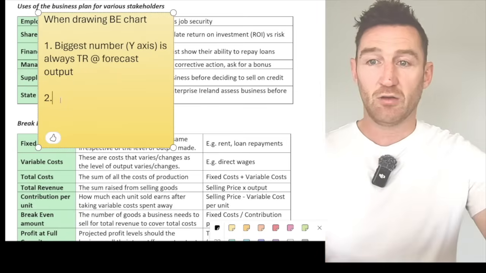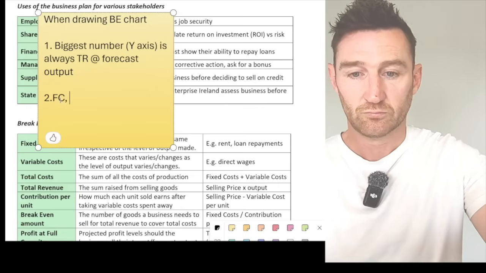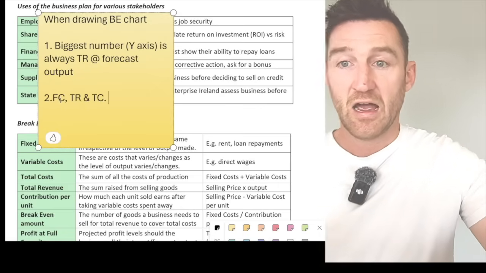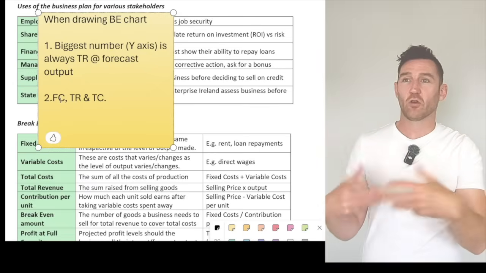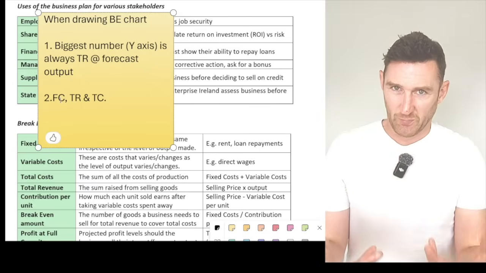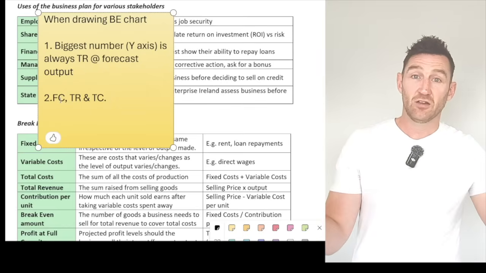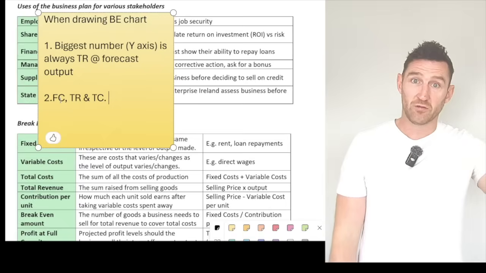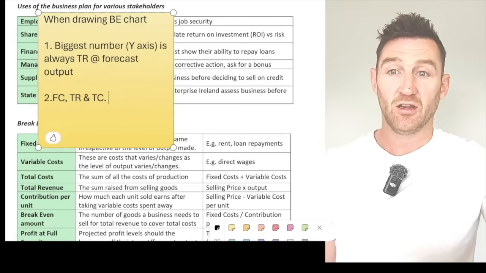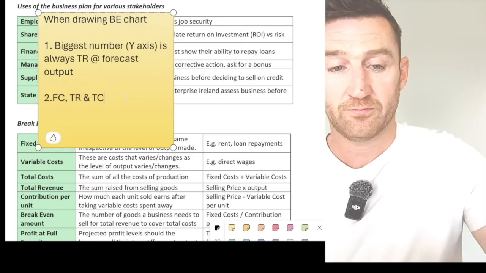And then remember, you only need 3 lines on your graph. So you need fixed cost, total revenue, and total cost. And if you go back and look at the grind where we did that, the best thing to drawing those is to draw any line, you need 2 points. And then you just join those 2 points with a ruler. So for these 3 lines you need 2 points. So you need to know what they are at 0,